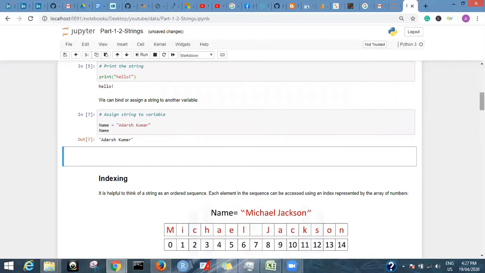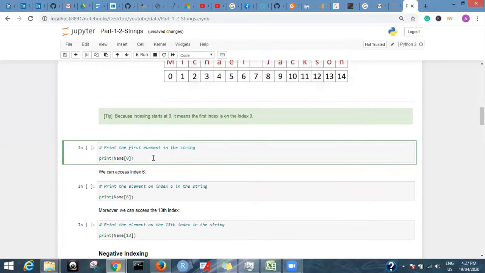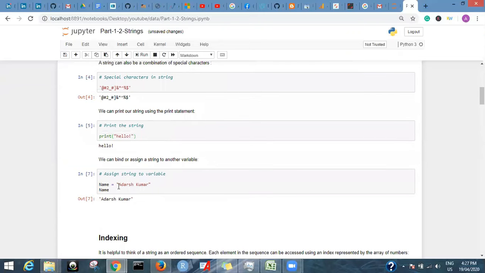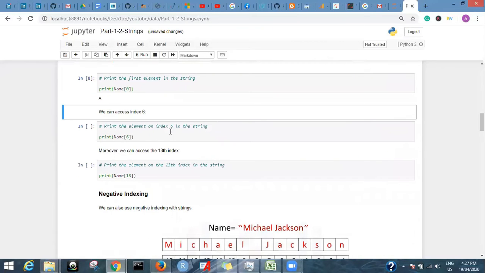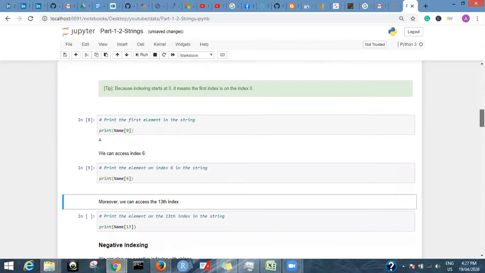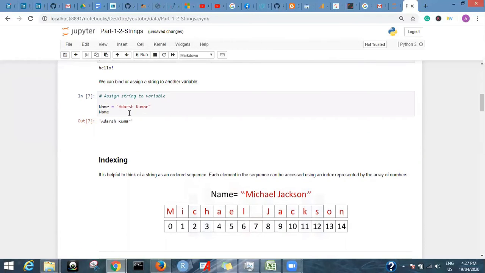At index 0 it is A. And what is index 6? One, two, three, 4, 5, 6. It is a space. So our output is a space.